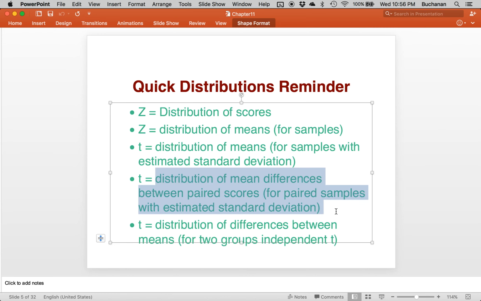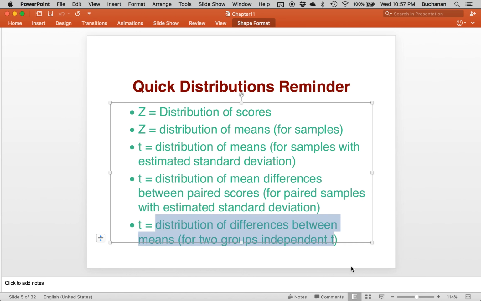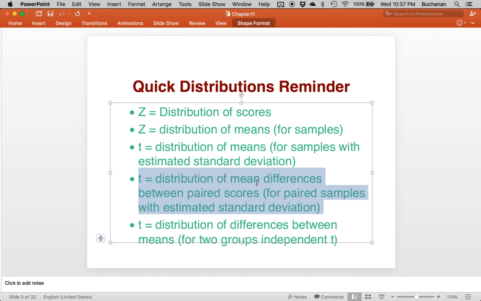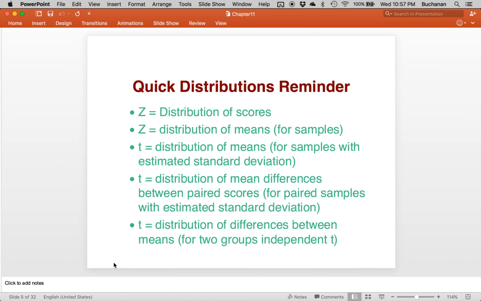So it's a distribution of mean differences for each person. What we're saying here is person 1 in group 1 and person 1 in group 2 are totally different people. So instead we just subtract their means. So it's differences between group means as opposed to a mean difference score of each individual person's difference. And that distinction between these last two bullets will help with multiple choice questions, but really it leads to the